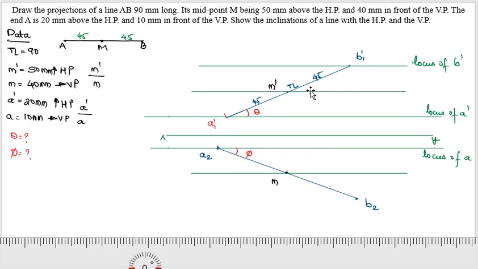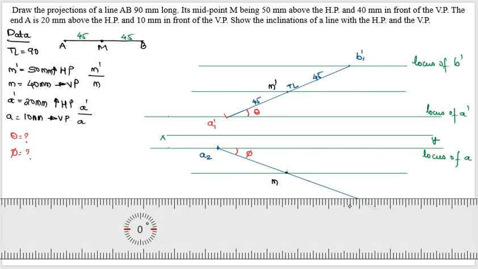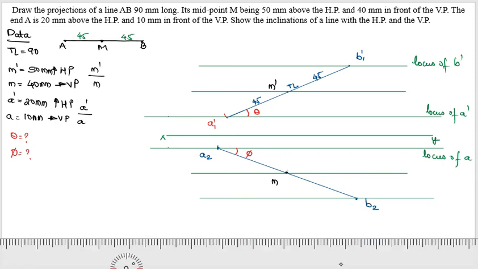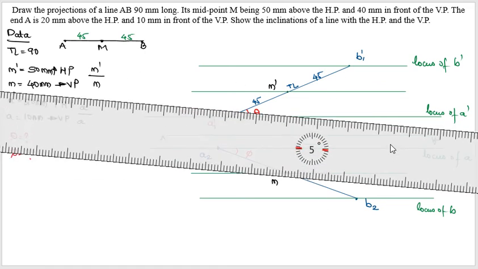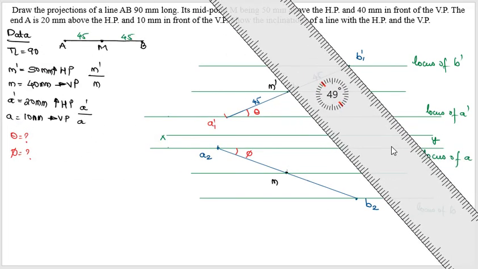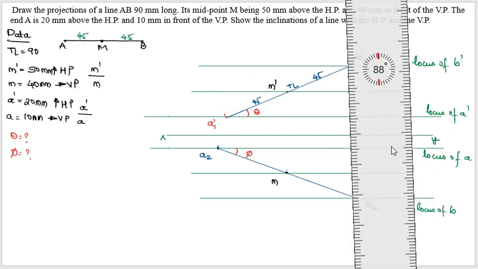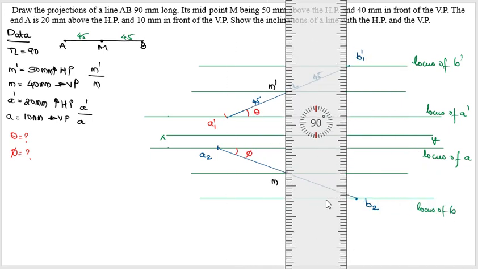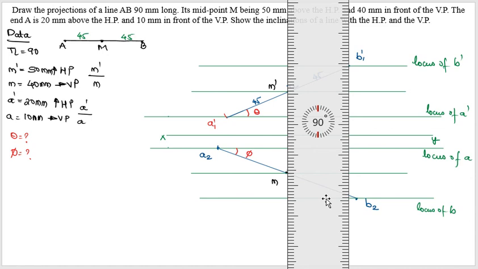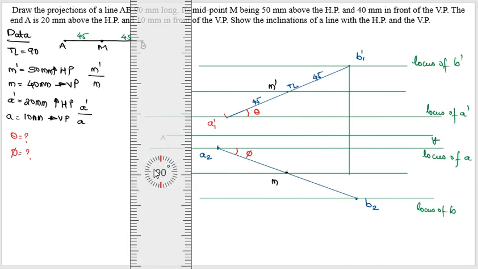Now what we have to do is draw the locus of B. We'll draw a horizontal line which will represent the locus of B. Now the next step is, you keep your scale vertical. Instead of taking projection now, B1, that projection we are going to take directly up to the midpoint. Take that projection of the point up to the midpoint.